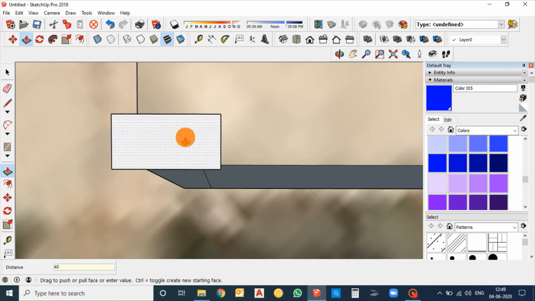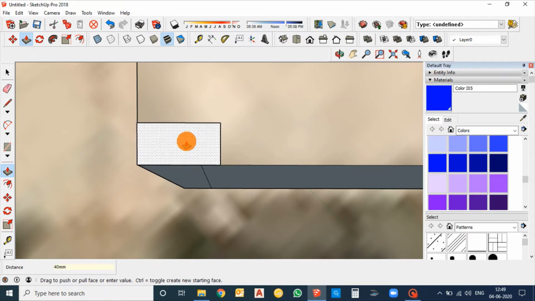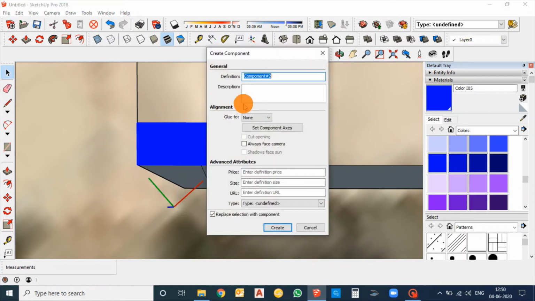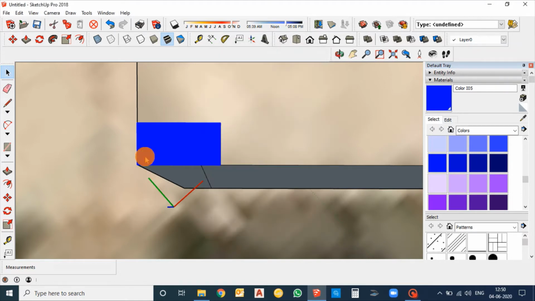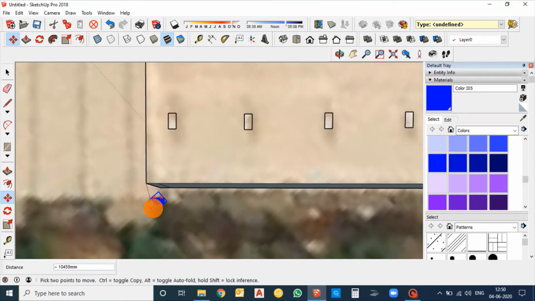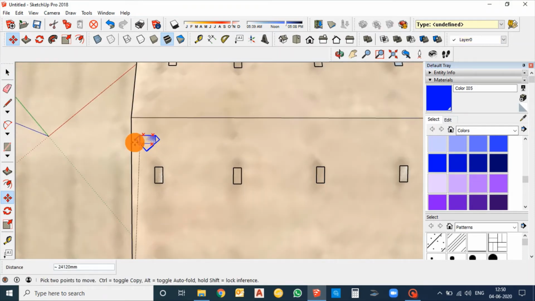The thickness of the module will usually be 40 mm. Just give a color in materials and make it a component called solar modules. Just create. After this, just move it to the roof.